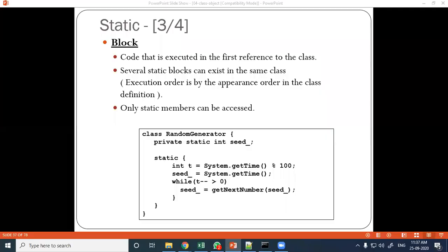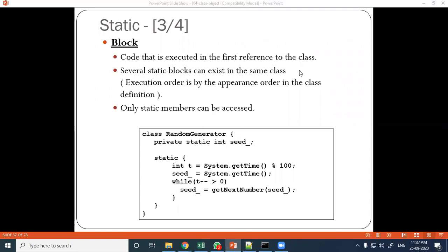Next is our static block. Static block means the block of statements which will be written inside the static block will be treated as a static block. So static block, just see here, is code that is executed at the first reference to the class. The statements written inside the static block will execute on the first reference.